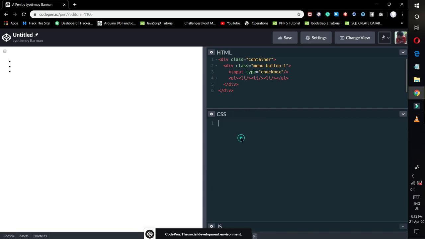So yeah, at the start I'll be using html and body. I'll remove all the default margin and padding present in the page, and then I'll put the width as 100% and height as 100% just to fit the screen. And then I'm gonna use the container class, and the container class I wanted it to be placed in the center of the page,